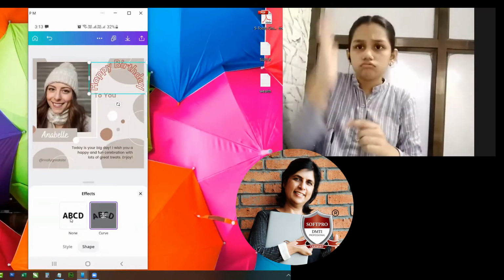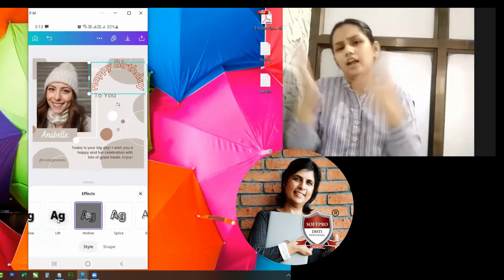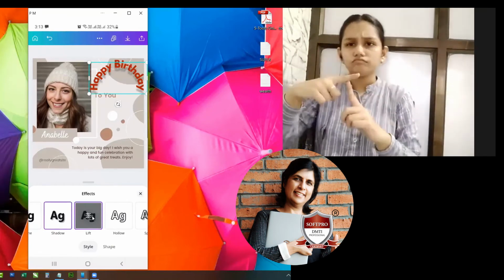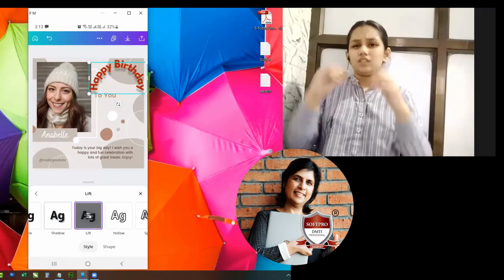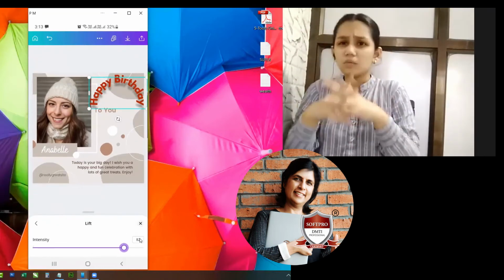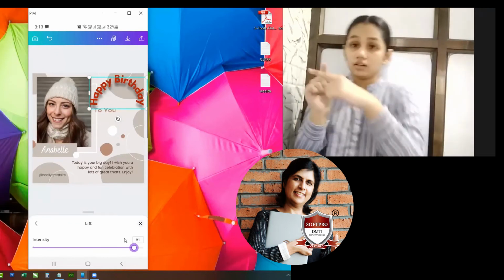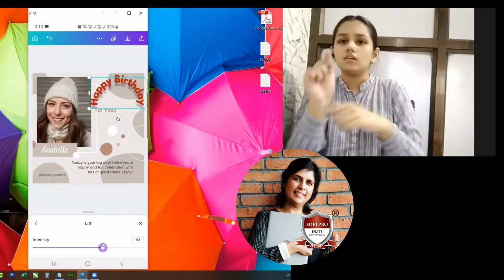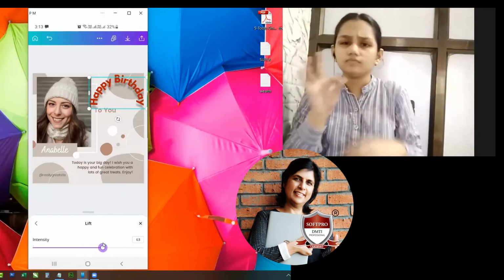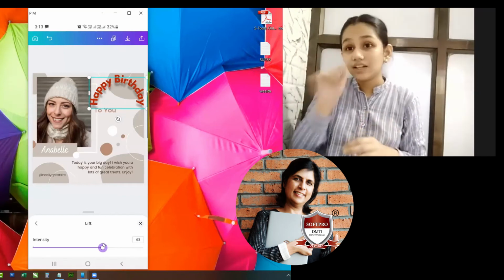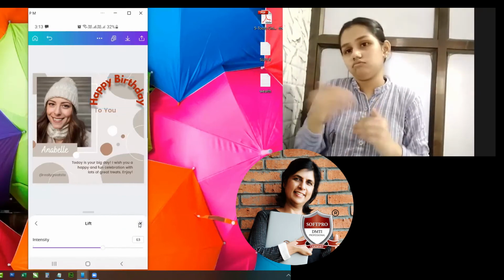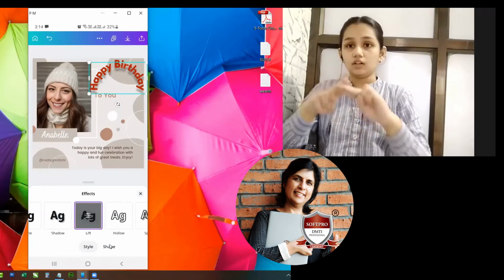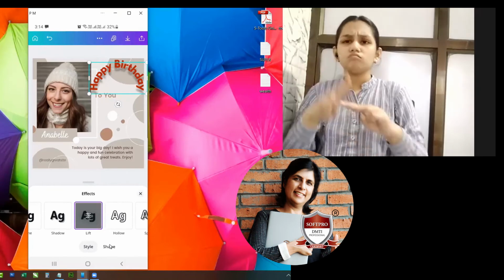Same thing for the style also. Suppose I come to the lift, and in lift I want to make some changes. You can see the lift one has a shadow behind. If I click on the lift, I can increase the shadow more. You saw the shadow became dark. Or I can make the shadow light. So all of these commands, when you want to play more with them, you just click further on them. Right? So effects are when you give professional effects to your text.